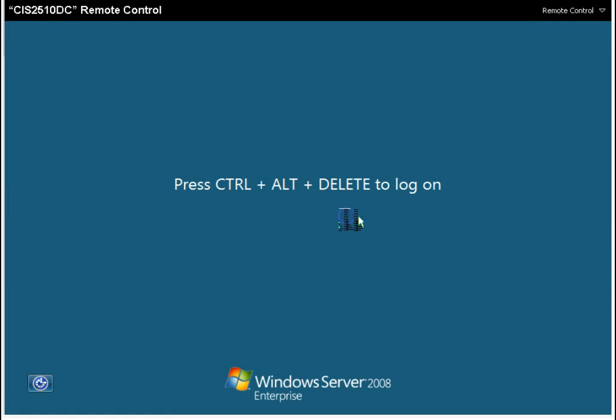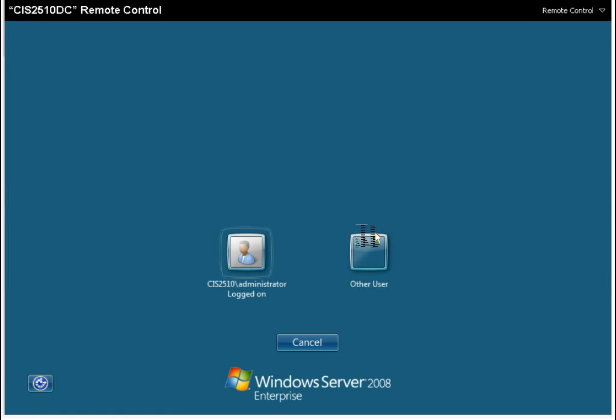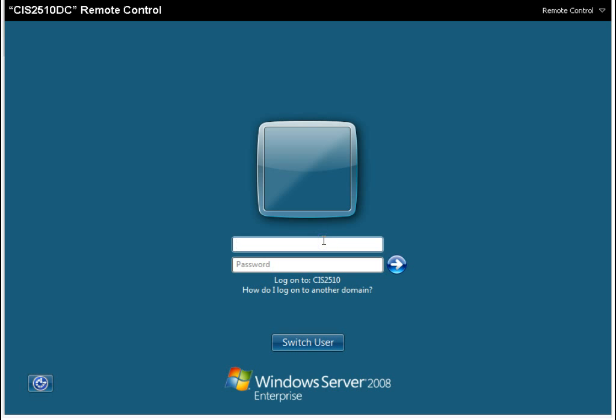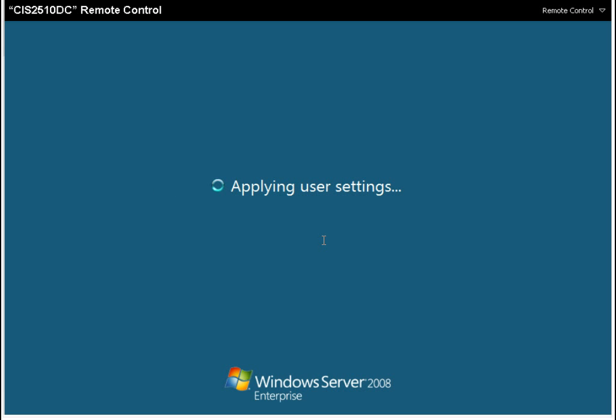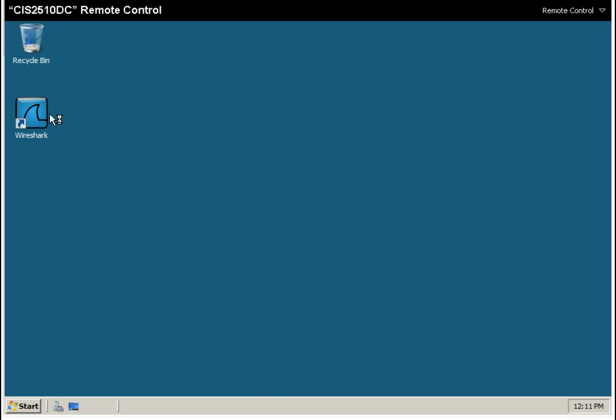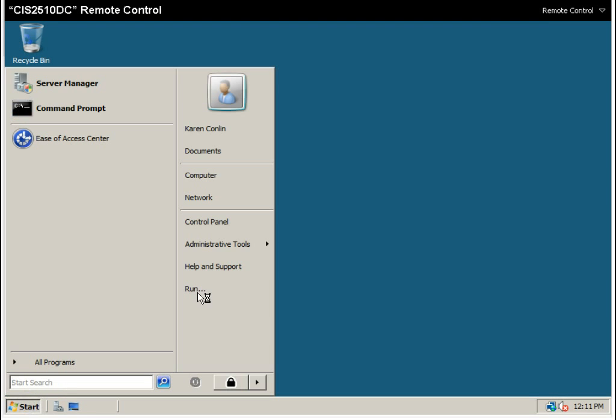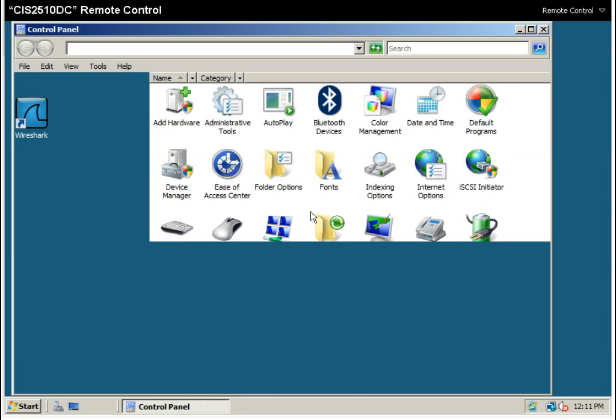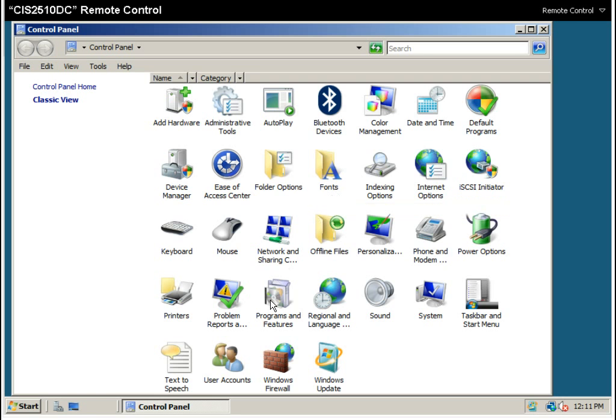Okay, the machine has restarted, so let's see if we can get logged in here. Let's do other user, and let's use our ordinary user and see. Looks like it worked. We're applying the user settings, so we're getting in here, preparing my desktop. Okay, so when we get here, Wireshark is installed, and that was the one that we assigned, ready whenever you start the machine. The other thing that we did was to publish to the user